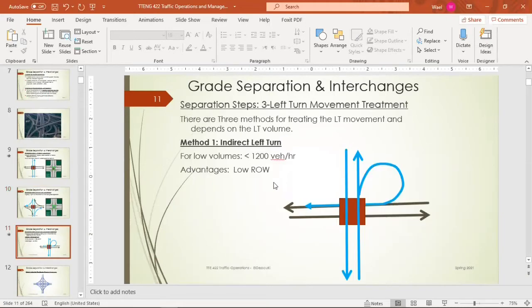تالت خطوه third step which is connecting the left turn. How we treat the left turn. Here is the problem. Okay, it depends on the traffic volume that we have in the left turn. So in cases where we have low volumes, where the volume for the left turn is less than 1200 vehicles per hour, we use the indirect left turn. That means vehicle will go this way with the through, then we make this left turn, okay, and goes down there. Instead of